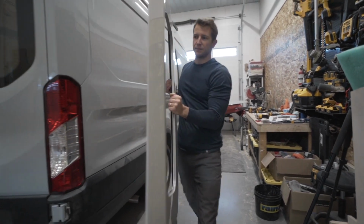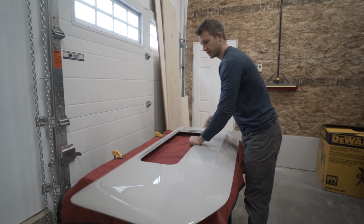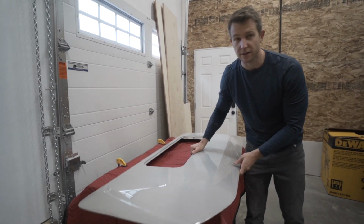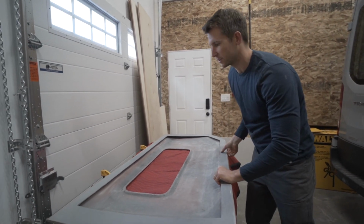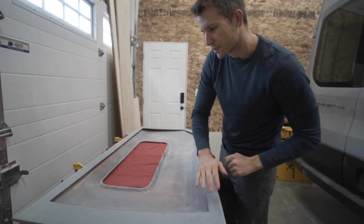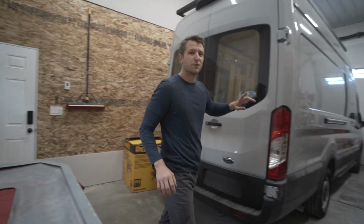So I've just set up my workspace here. I've got the passenger side capsule here and a dedicated little table and a blanket. Obviously we're going to have it finished paint side down like this. I'm going to be really careful not to scratch anything. This is our edge that we'll clean up where we'll be applying the urethane adhesive. Over here,